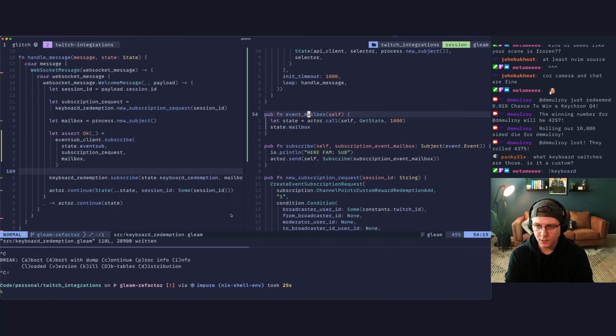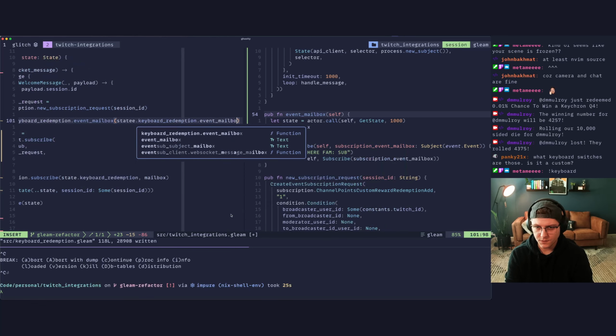And then over here, rather than this, we'll do keyboard event mailbox, state.keyboard redemption.